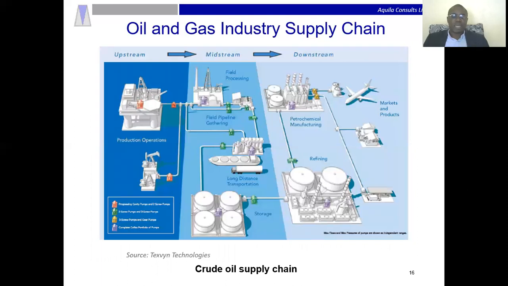So this chart in this slide shows the delineation of the three segments there. So you could see from the chart, the upper part of the upstream shows an offshore production platform, and the lower part is an onshore facility. From there, you go on to processing, then to storage. And then from storage, you send it to the refinery, and also petrochemicals. And from petrochemical, you get a lot of your products, including plastics and others. And from refining, you take it to your outlet for sales to final consumers.